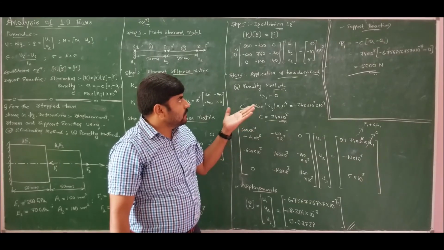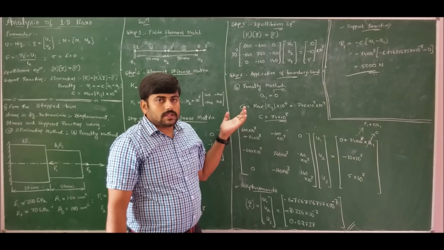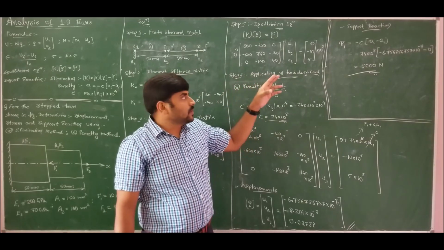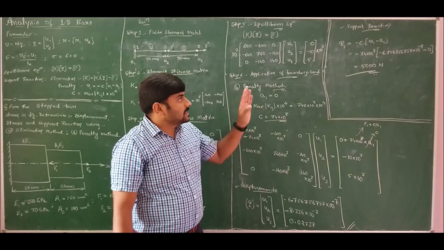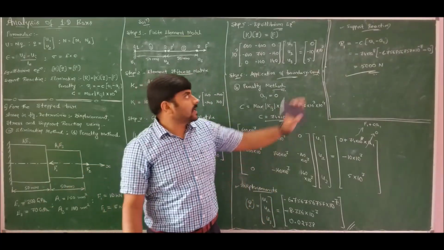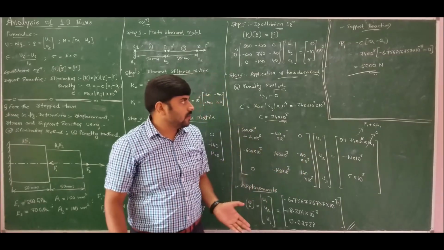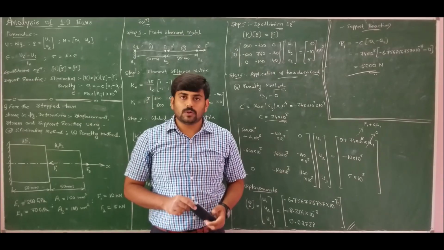If you calculate for R2 and R3, you will get negligible answers, but you cannot calculate R2 and R3 because we don't know the approximate values of A2 and A3, and moreover it is a support reaction. We have support only at node number 1, hence we are calculating the reaction only at node number 1. That's all. So this is the complete solution for problem number 2, which we have solved and verified our answers by both the elimination method